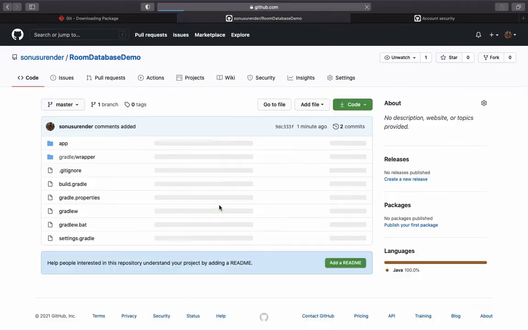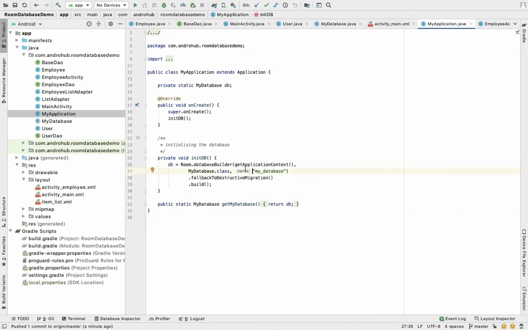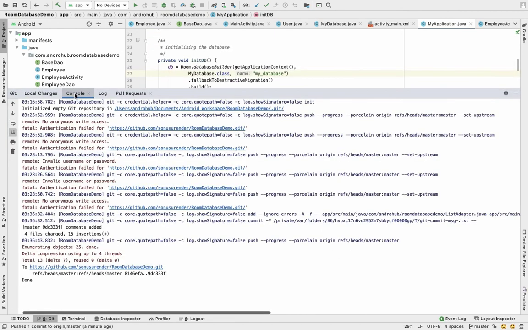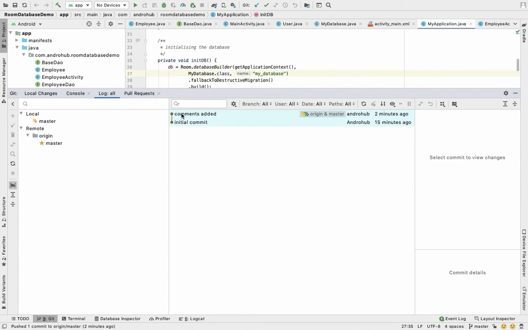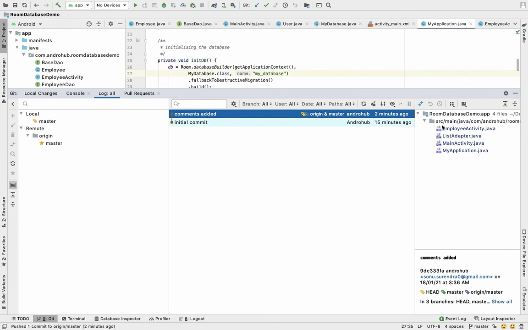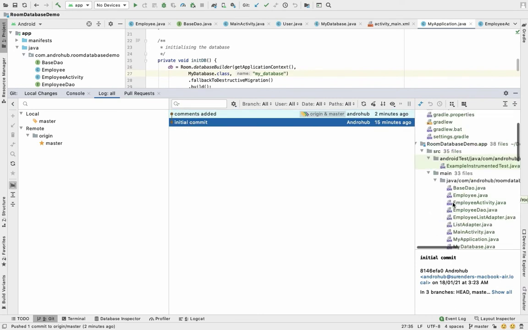Now if you want to see how the VCS flow is happening in Android Studio, you can directly go to Git, here on the console. It will show me all the logs related to Git, and you can see the initialization happened over here, and after that all the things I did, and at the end 4 files have been added and 15 insertions have been done. And if you go to the logs, it tells me my first commit was initial commit, after that comments added, and how many files got changed.